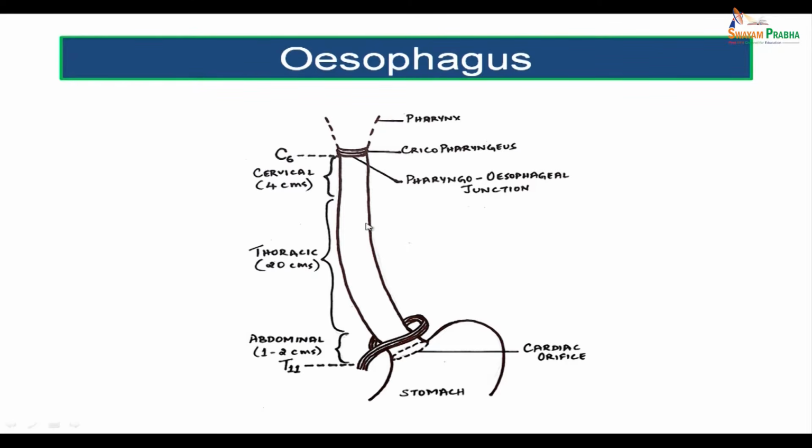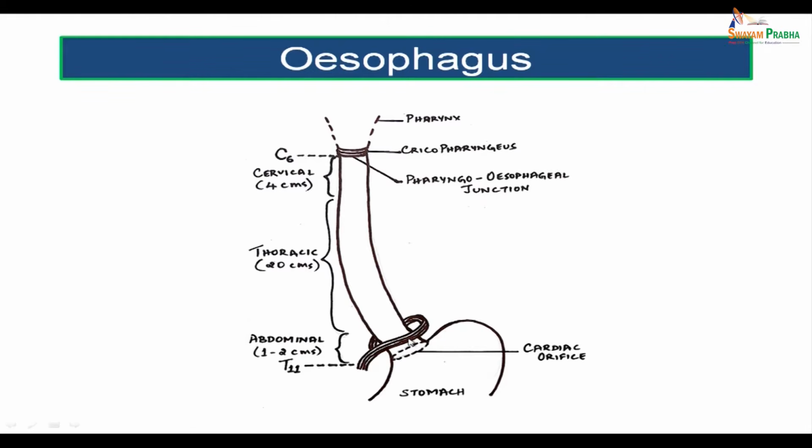From the pharyngoesophageal junction at the lower border of the sixth cervical vertebra, you find the esophagus descending down in the superior mediastinum and the posterior mediastinum as a prevertebral structure. Initially, it is in the midline, then it deviates to the left. The convexity is also seen to the left in the upper part, very close to its origin. The esophagus deviates slightly to the left and much more towards its termination,